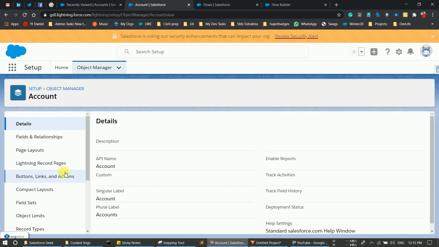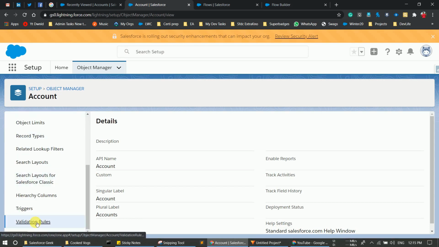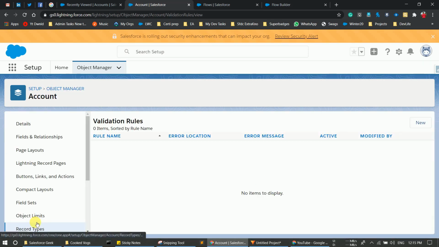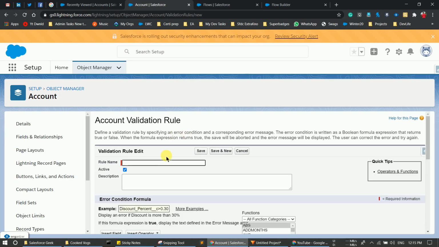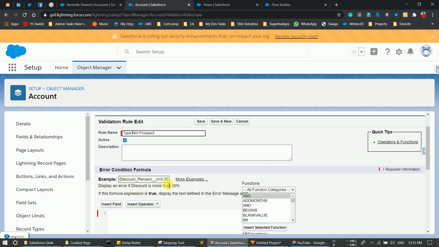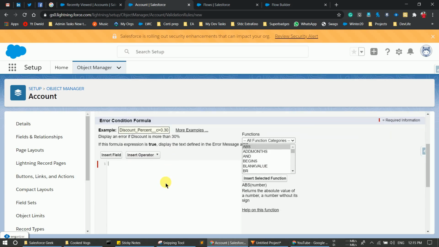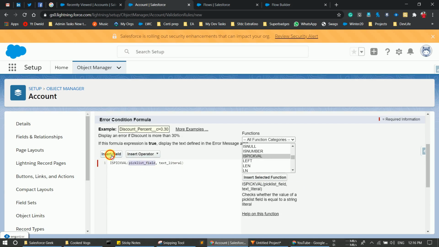Let's move into the validation rules and simply click new. Let's provide the rule name, type not prospect. Move to the formula, and in the formula, as it's a picklist, we have to provide ISPICKVAL. Select ISPICKVAL here, insert selected function, and in the picklist field we have to provide the field Type.